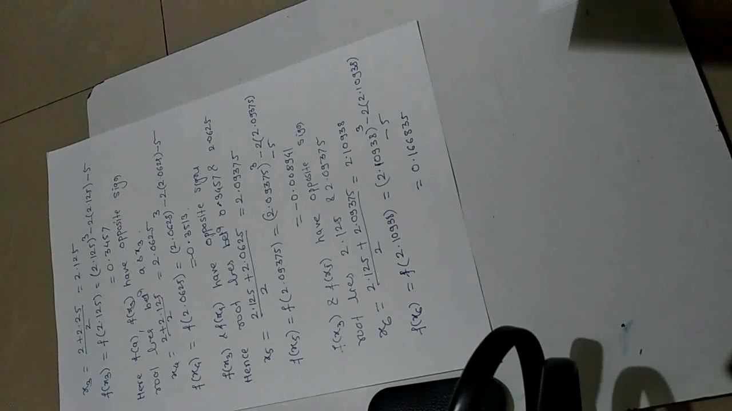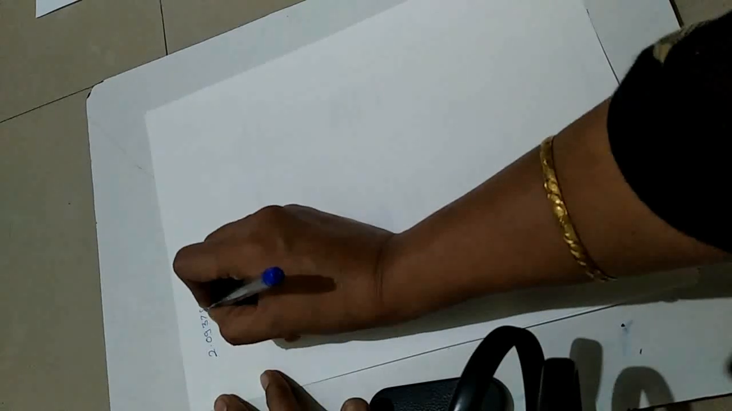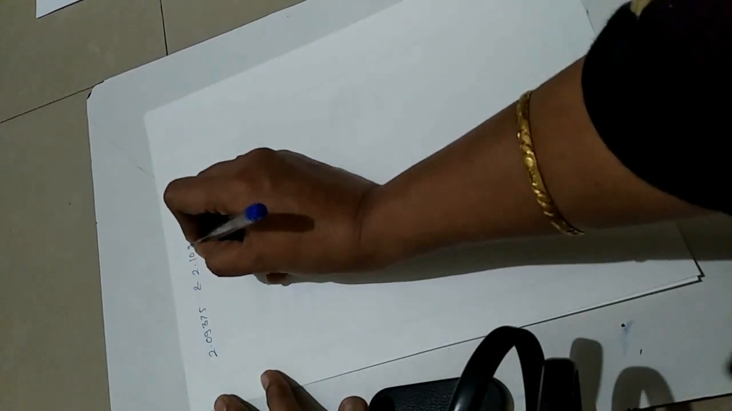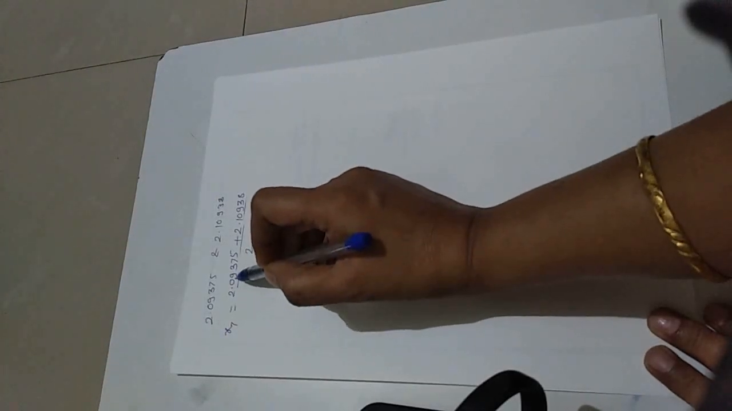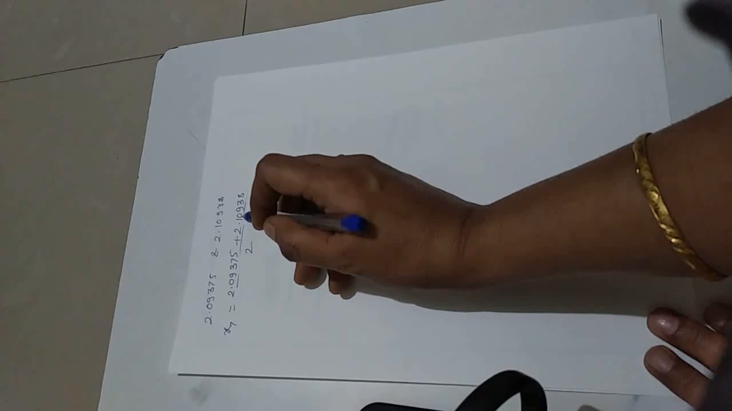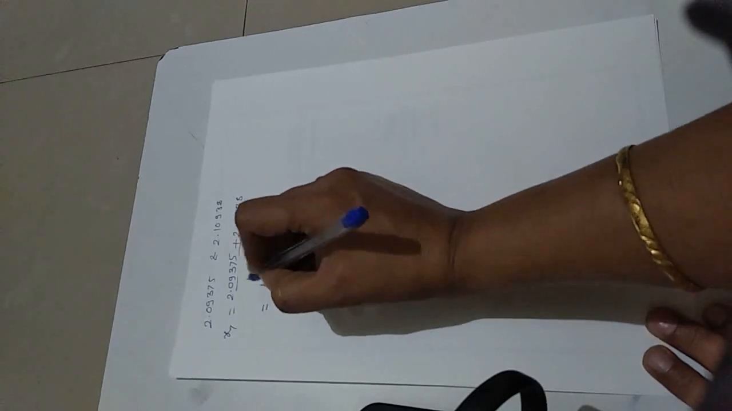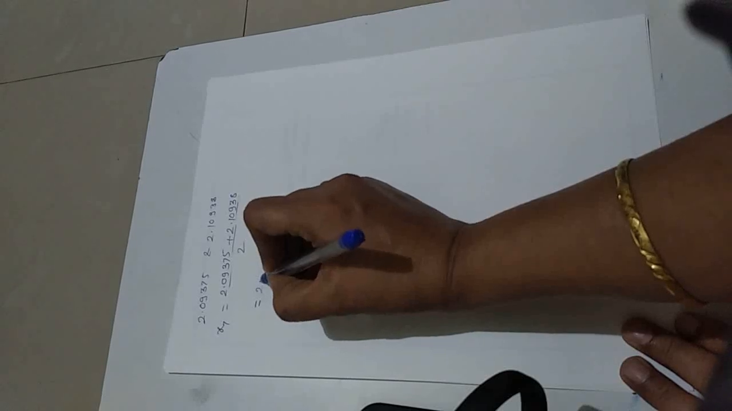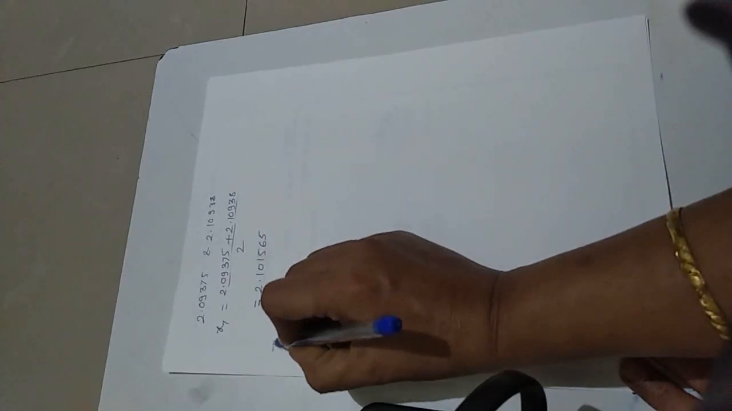lies between 2.09375 and 2.10938. And then again find x7. x7 is equal to (2.09375 plus 2.10938) divided by 2, and that is equal to 2.101565. Then again find f of